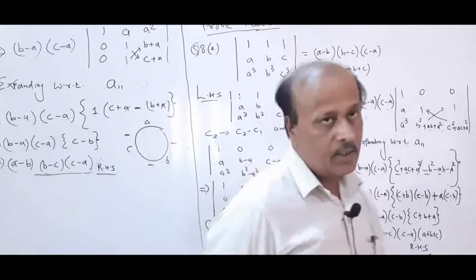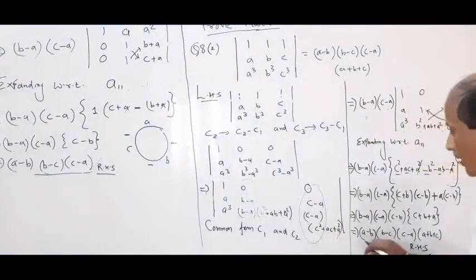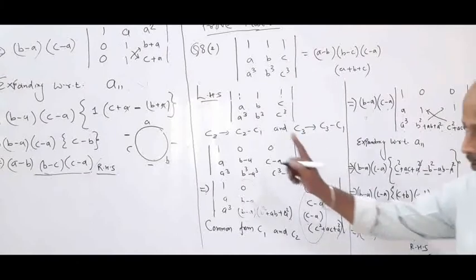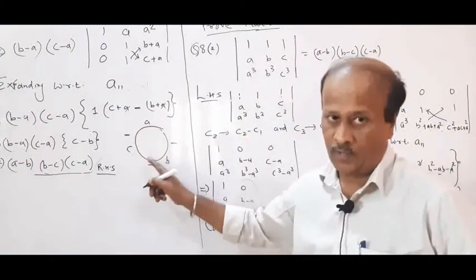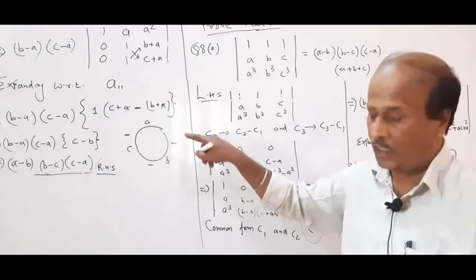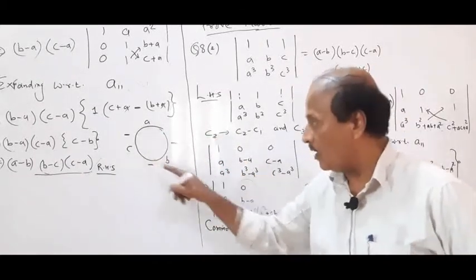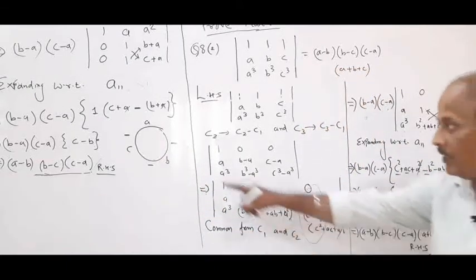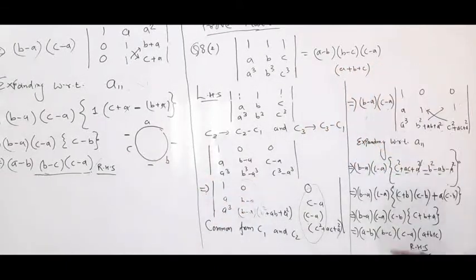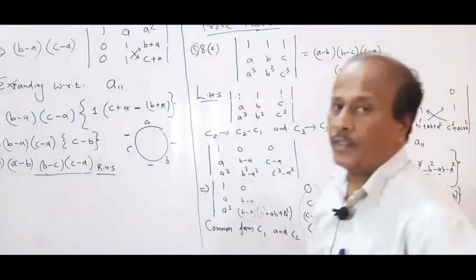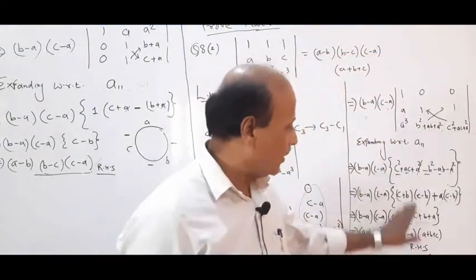Now see our right hand side, what we are supposed to prove. All the three factors in a proper order. Proper order means cyclic order. If a right hand side is given, then you make it in a cyclic order. Otherwise, if it is not given, then also they expect the answer in that way. So what is that cyclic order? A minus B first of all, then B minus C, then C minus A. By taking out a minus sign common, you can write it in a cyclic order. Inside we are left with A plus B plus C. So this is our right hand side. In that way we get the answer.